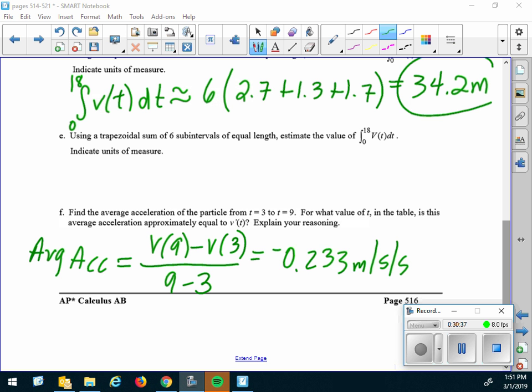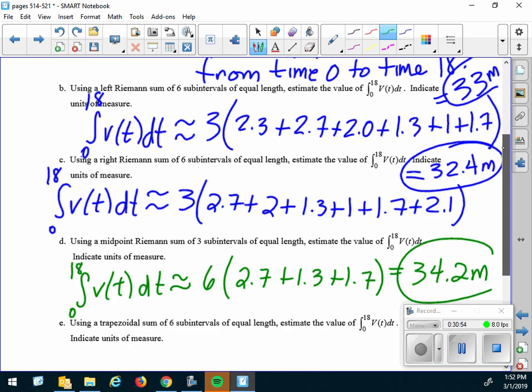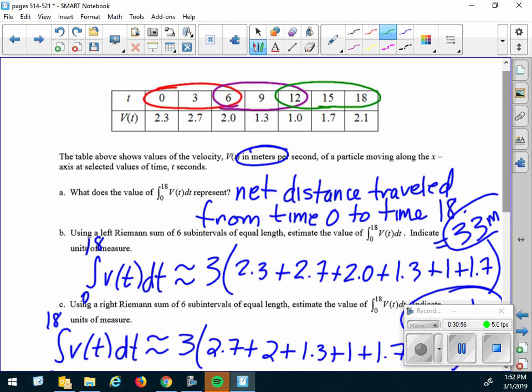Now I want you to look at this last question here. For what value of t in the table is this average acceleration approximately equal to v prime of t? We found the average acceleration between 3 and 9. Here and here. We found the slope of the secant line between t equals 3 and t equals 9. That should estimate or approximate the instantaneous velocity at